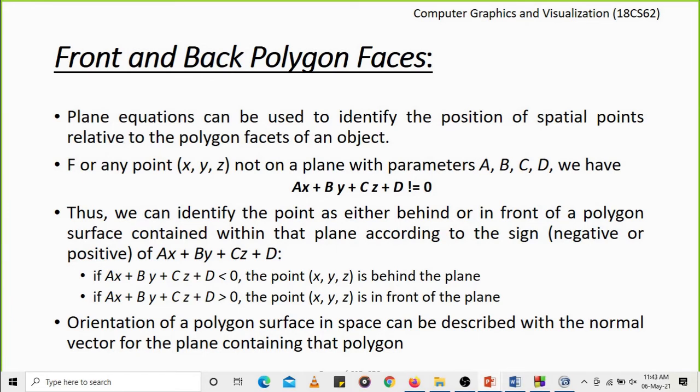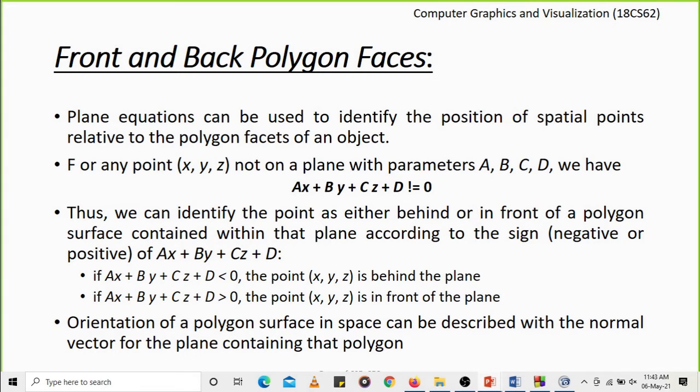Thus, we can identify the point as either behind or in front of a polygon surface contained within that plane according to the sign. If the equation ax plus by plus cz plus d gives a negative value for a given x, y, z, then the point is behind the plane.